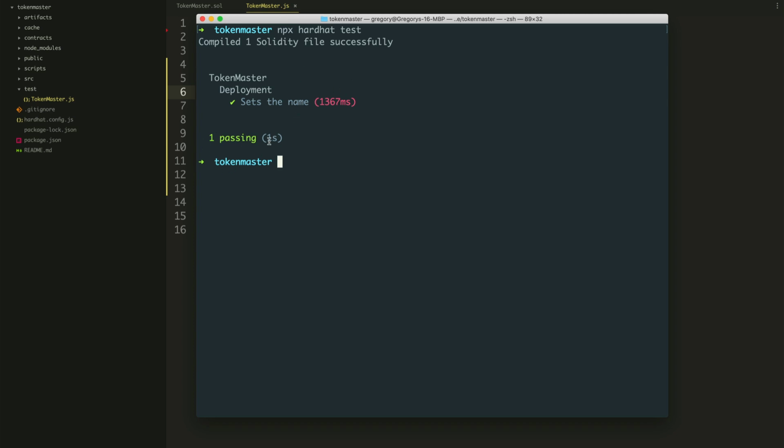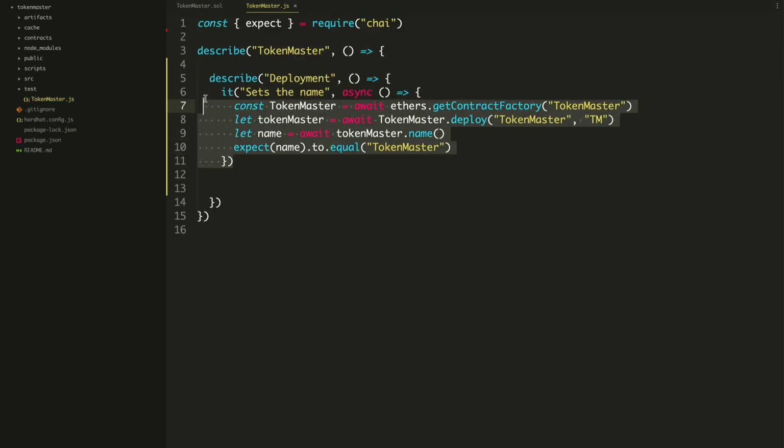It's passing. You can see one passing. We have one total test. It's just one test right here. So what we did was we just did,